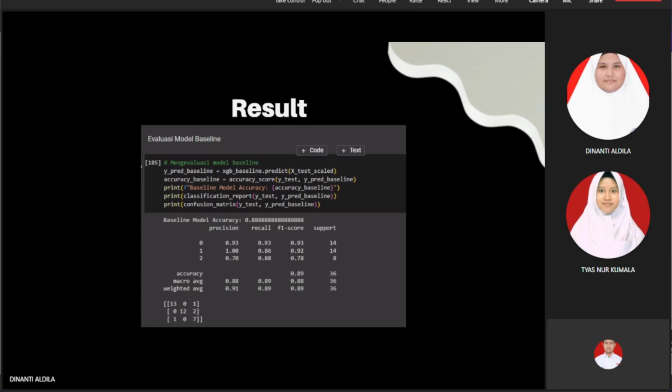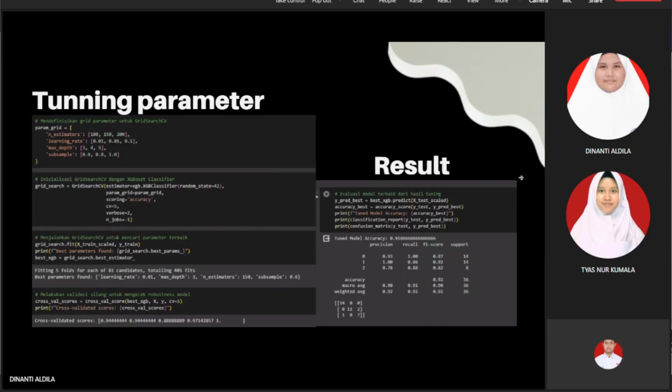Then we did the tuning for the XGBoost. After the tuning, there was an increase in accuracy to 91% for the XGBoost model, indicating that the tuning was successful and improved it. Again, this is the desired outcome, and the random forest was also supposed to be like this. The model's ability to generalize to new data improved, even though there is still a decrease in recall for class 1. Overall, the model predicts the existing classes better compared to before tuning.